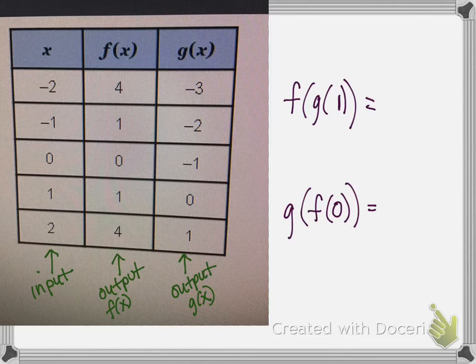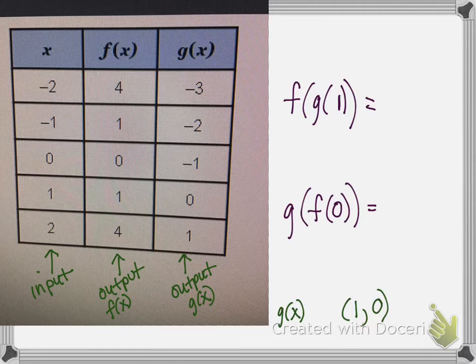So for instance, if I had to write an ordered pair for g of x, I could say when you plug in 1 for x right here, you get 0 for y. Okay, so for this first part, f of g of 1, how do I figure out this